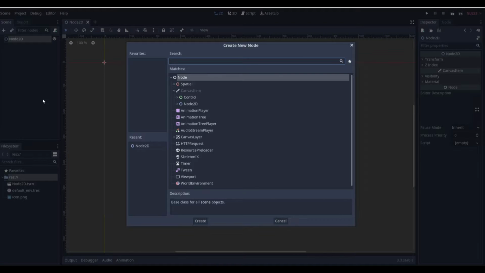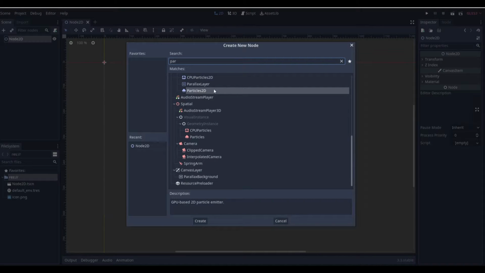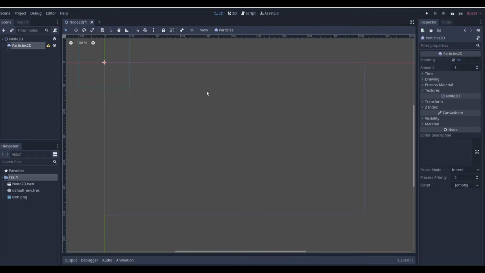So if we go to the Node2D and we add it, it is called a Particles2D, just right here. If we add this, there's a lot of stuff that we can do under this. Like, we can create fire, smoke, explosions. You can create a little trail behind the player, rain, snow, just a ton of different stuff depending on what